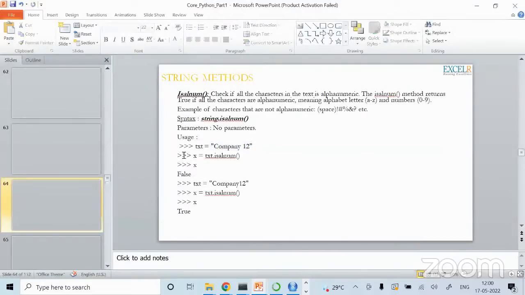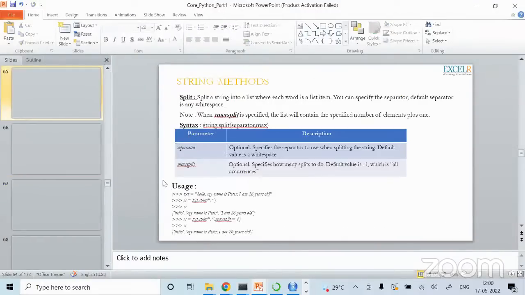Clear? So that's the use case of this string, right? Similarly, you can do the split. So splitting is,